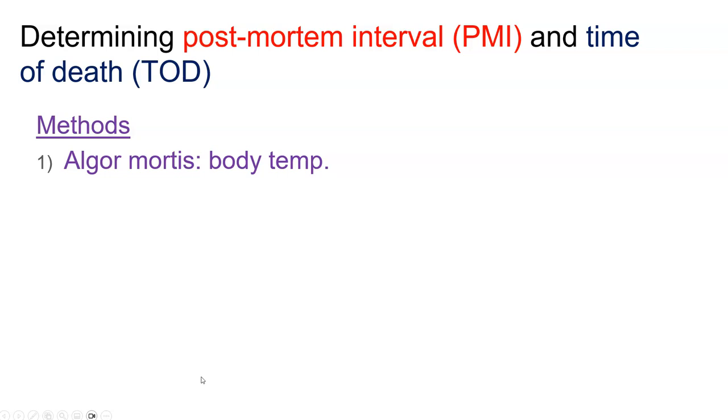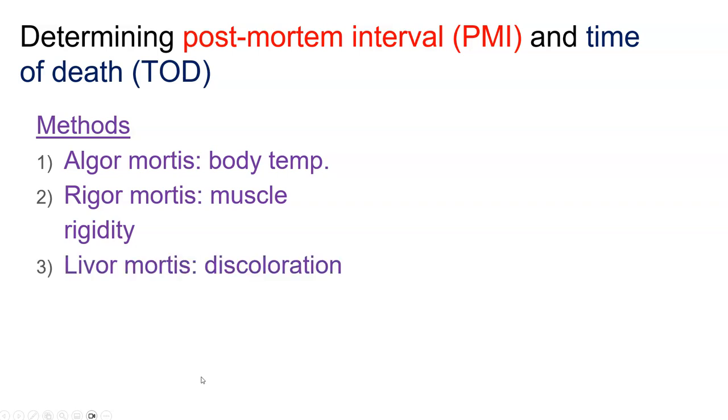We are warm-blooded, so as soon as our chemical reactions in our bodies stop happening, we're going to start cooling off, and that happens pretty much at the moment of death. So we begin to cool off. Rigor mortis is muscle rigidity, or how stiff the muscles are. That can be useful because the process of stiffening and then loosening happens at a pretty predictable rate. Livor mortis is discoloration due to blood gathering under the skin, and we'll talk in more detail about that later on. And then finally, entomology. This is where we use insect larvae, specifically usually fly larvae, to determine how long a body has been deceased.